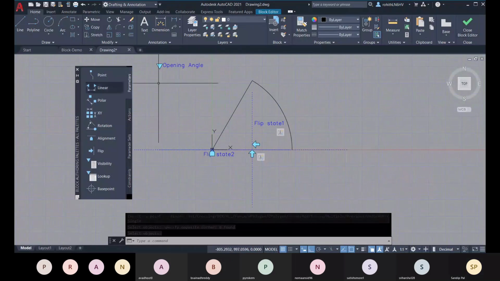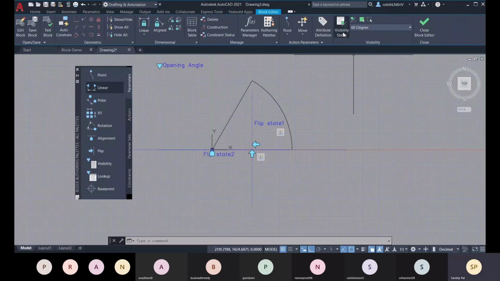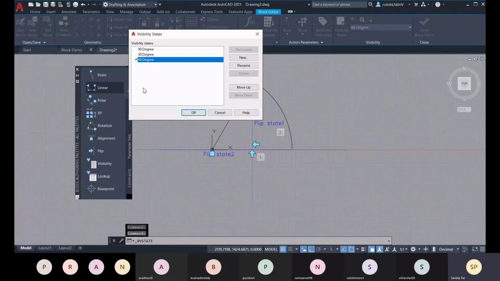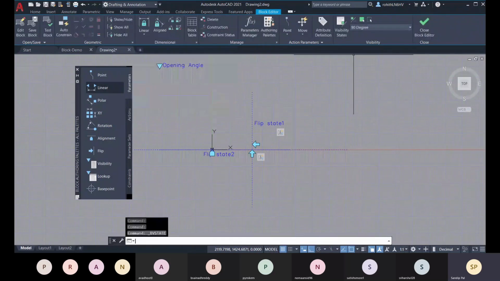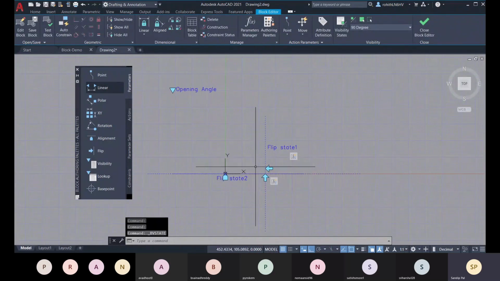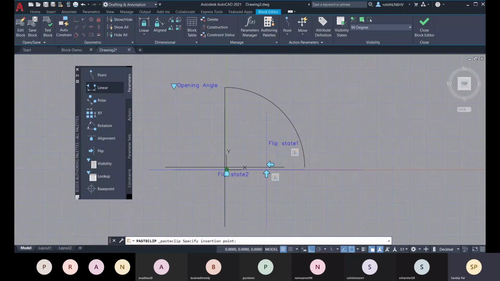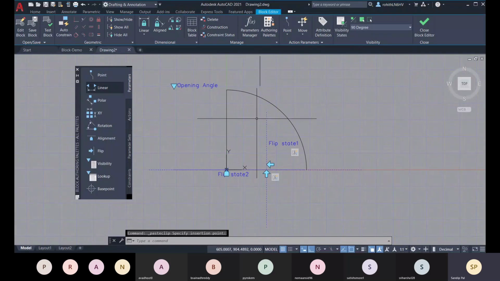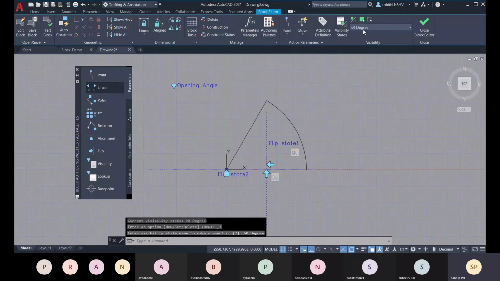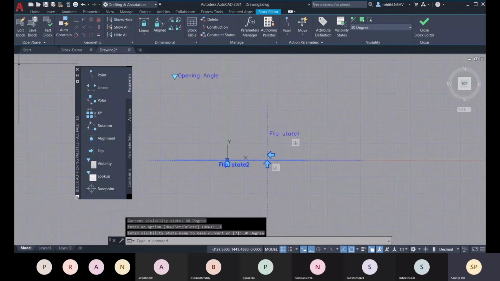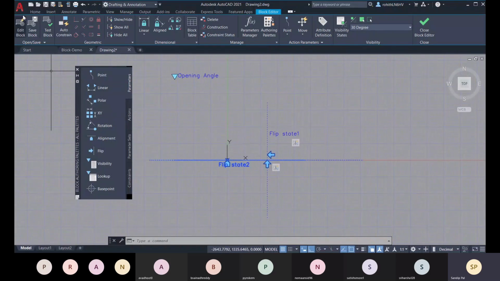And here you have the visibility states. Now you can go for 30°. You see at the 90° I have this one, and at the 60° I have this one. Now let's go for 30°. For 30° I have to draw, so let's draw a line, L, enter.